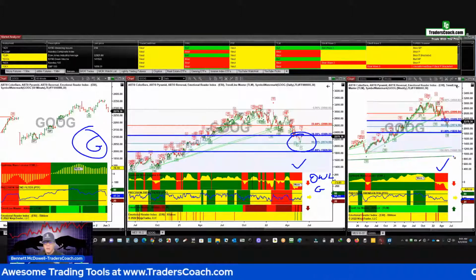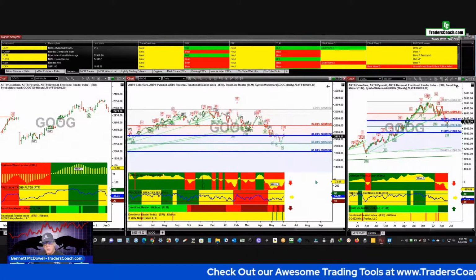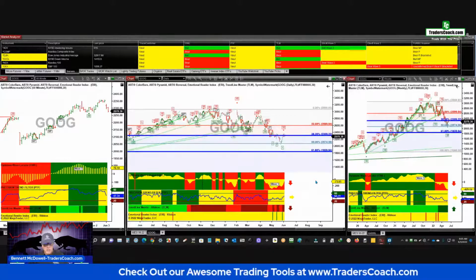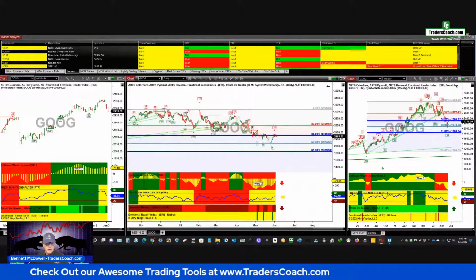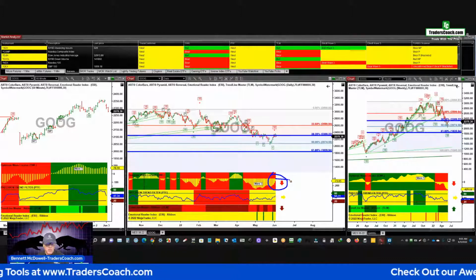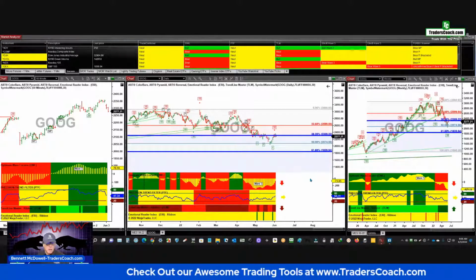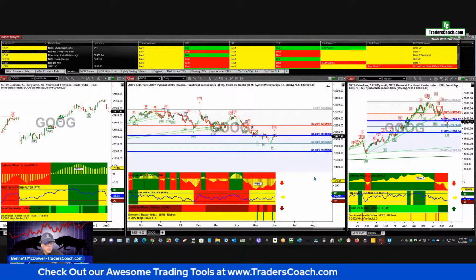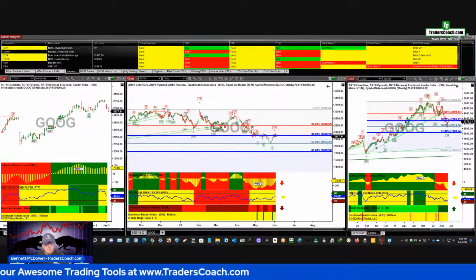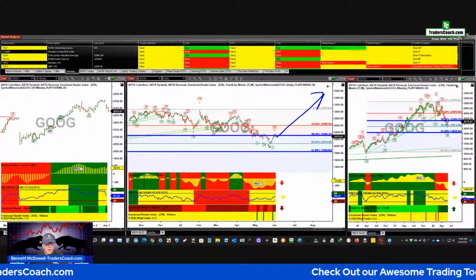That's good. We need to see a little more follow through. So this is one, the reason I'm showing you this is one we want to put on our watch list and keep a close eye on it, because as you can see on the daily chart with that owl, we're close to it going above the 0 line, which is right here. And if it does, then we want to think about going long. So we're getting close. Maybe next week this will trigger, maybe 2 weeks. Let's wait and see. Got an ideal entry here if it starts to move up, and our stop would be